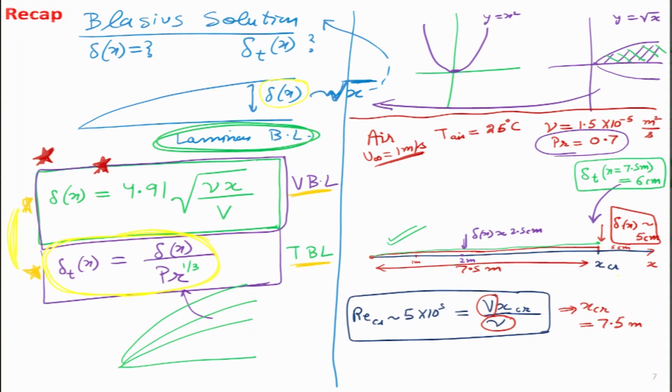We also looked at the physical importance of the boundary layer, that in reality it is very thin. We looked at one example: after flowing at 1 meter per second on a flat plate, the distance at which the boundary layer turns turbulent is approximately 7.5 meters, and if we plot that distance on the x axis, the velocity boundary layer is only about 5 centimeters thick. So, only 2 inches after 7.5 meters. If we compare these two numbers, it turns out that the boundary layer is going to be very thin. It is going to increase very gradually, almost along the flat plate it is moving.